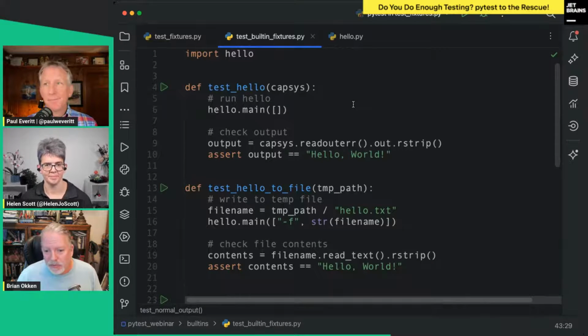Yeah, if you go to pypi.org and search for pytest-, you'll get a ton of PyTest plugins. They're not all named that. For instance, Hypothesis is a PyTest plugin. It's also a thing by itself, but it comes with plugin capabilities as well. It has fixtures available to it. So yeah, lots of fun.